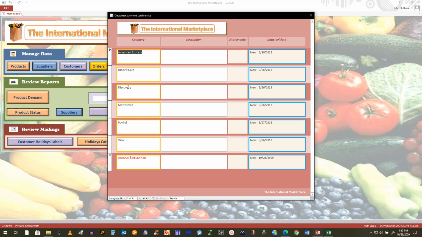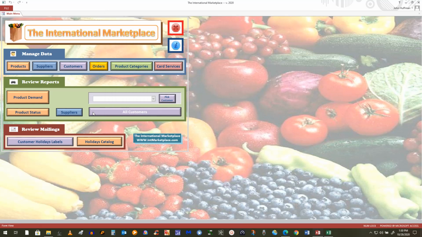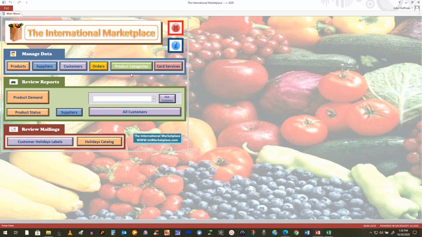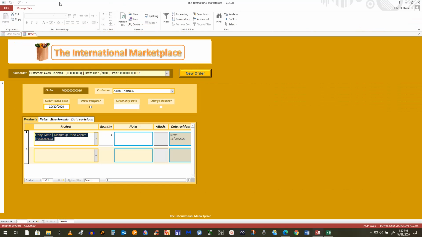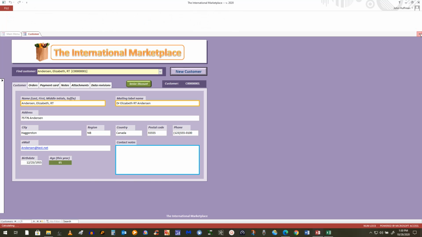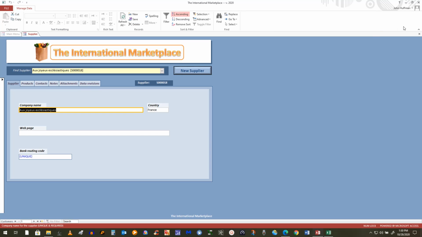There's really not anything here that you can't manage just directly from the form. You don't need help, in other words. You don't need to save records. You just move off of them. See product category, same thing, because it's a lookup form. But these ones that were subject forms all have that ribbon up there. Okay, and nothing else from Access is up there. Customer, we saw supplier, same thing,